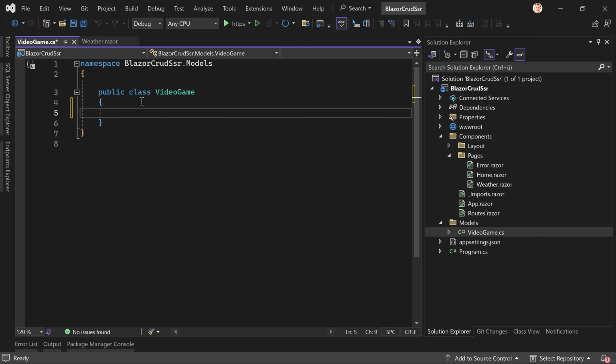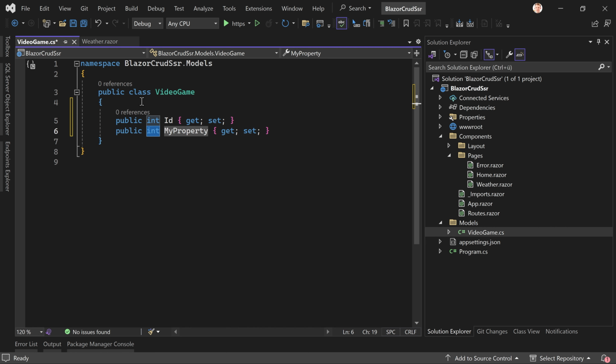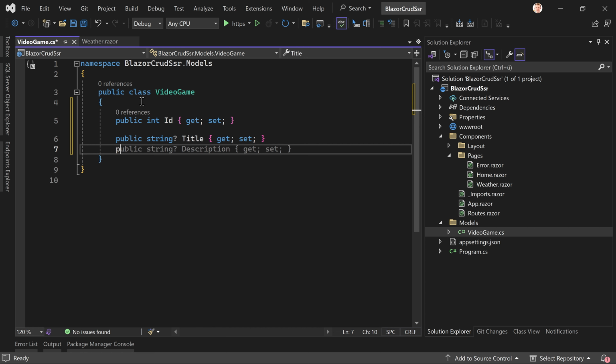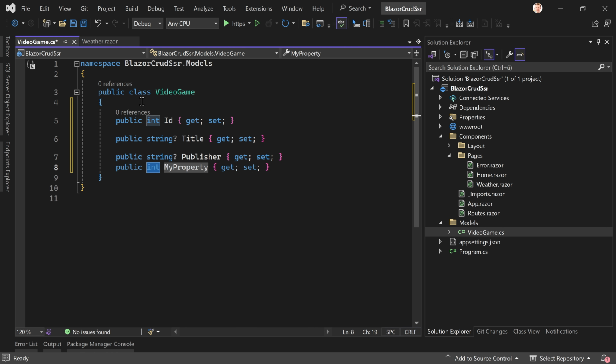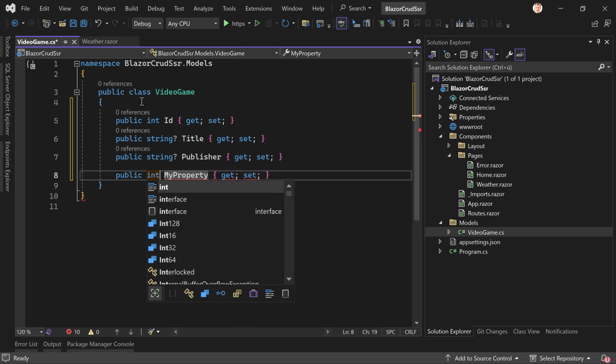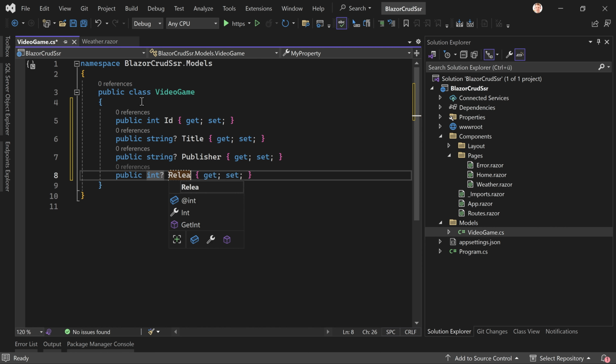And in here, not a lot. First thing is the ID, then maybe as a nullable string the title of the game. Next thing would be the publisher, and already the last thing I want to see is as nullable integer the release. Yeah, all right. And additionally, I want to use Entity Framework here to store our data persistently in the